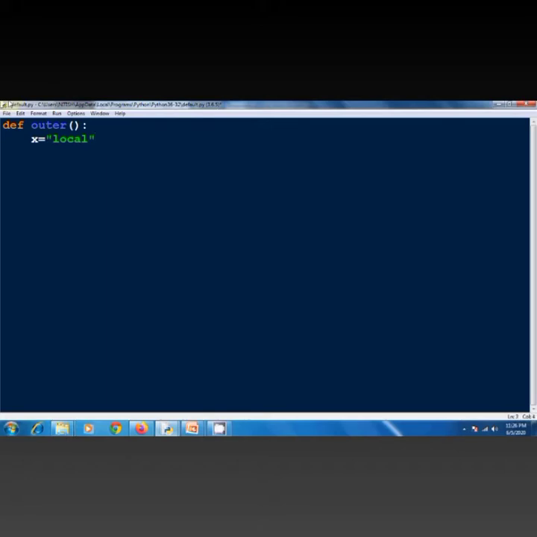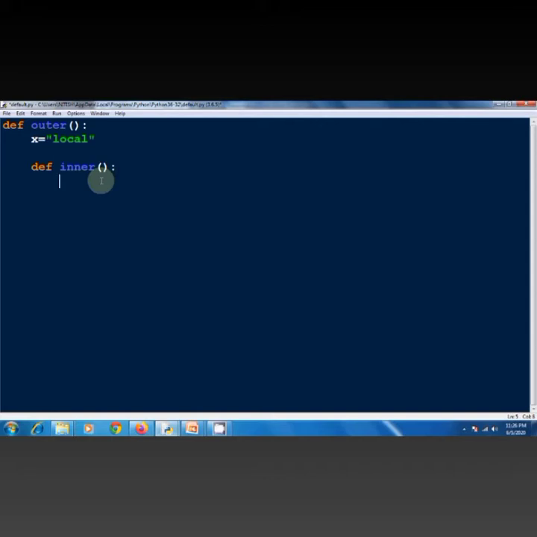In the body of the outer function, I am going to define one more function, inner. This is a nested function. If we define a function inside a function, then we call it a nested function. It means inner is a nested function of outer.